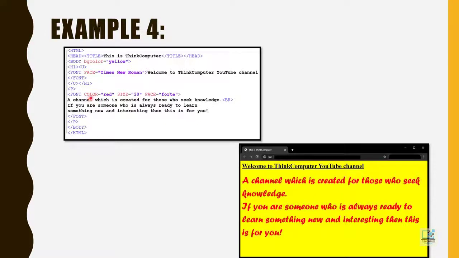And one last thing, whenever you are doing an HTML program, remember, tags are always closed in the opposite order of opening. So if I have opened the H1 and then the U tag, so closing will be U first and then H1. If I have opened first the paragraph then the font tag, so closing will be font closing then P closing. So if the opening order is ABC for example, so the closing order will be CBA, the opposite of the opening.